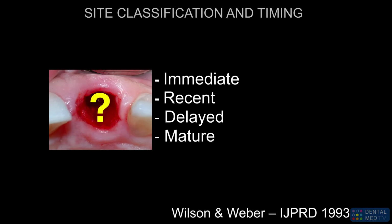But very useful in clinical practice is an old classification from Wilson and Weber that classified sites of implant placement between immediate sites, when the implant is placed immediately after tooth extraction, recent sites after 4-8 weeks, delayed sites when the site is prepared through socket preservation or pre-implant regeneration, then mature sites when the clinician has to place an implant in a ridge where the tooth was